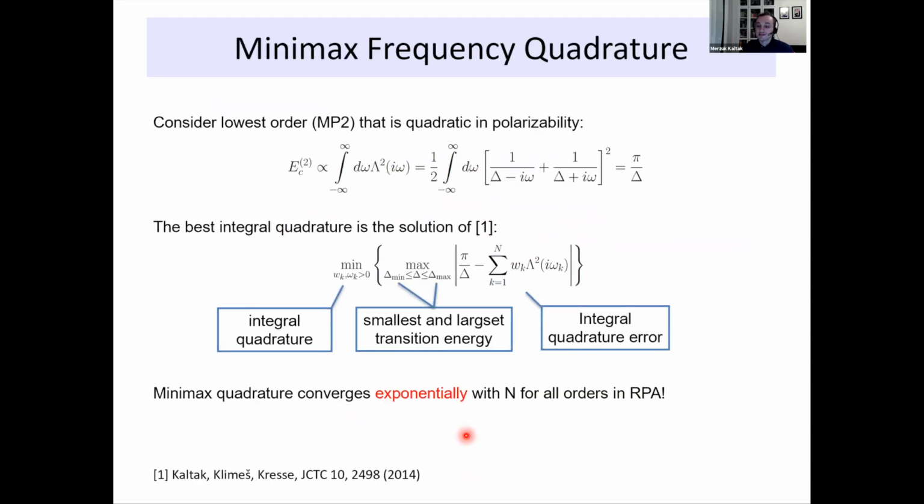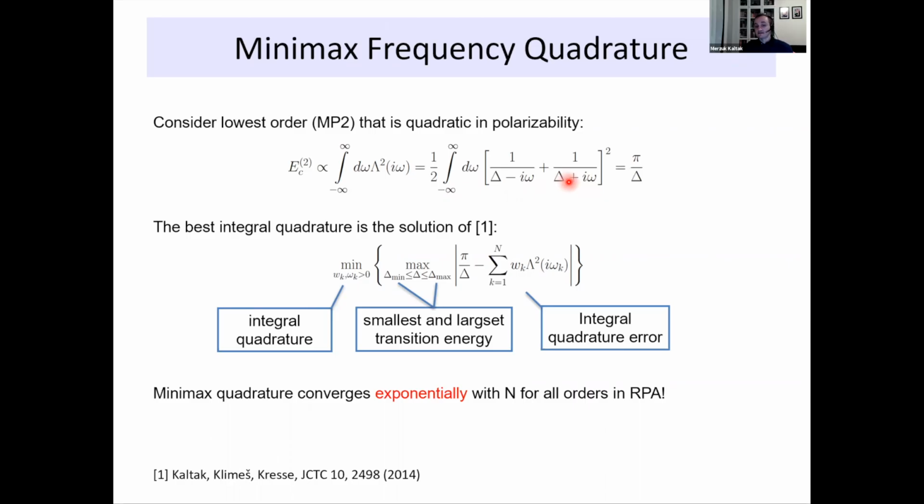Now, in the following, we discuss how this quadrature is determined. Consider the lowest order contribution to the RPA energy, which is known as the MP2 contribution. This MP2 contribution is quadratic in the polarizability. That means quadratic in the eigenvalues, and the corresponding contribution to the integral will look like so. Now, interestingly, these eigenvalues have the same functional form as the polarizability, and you can evaluate this integral